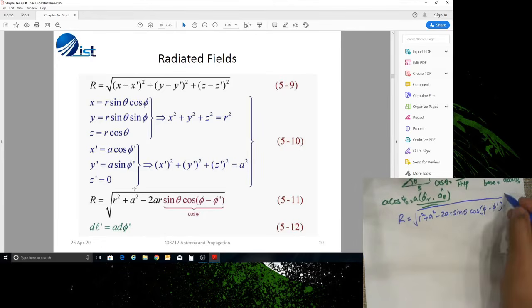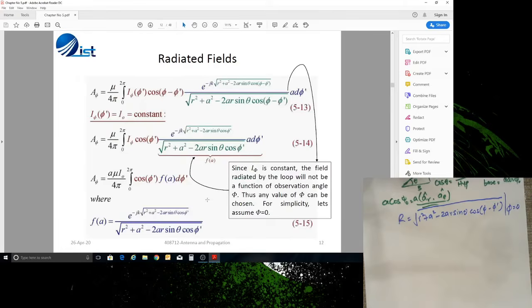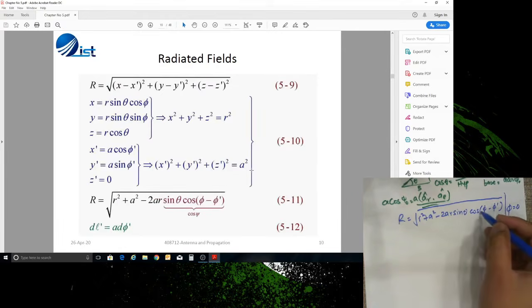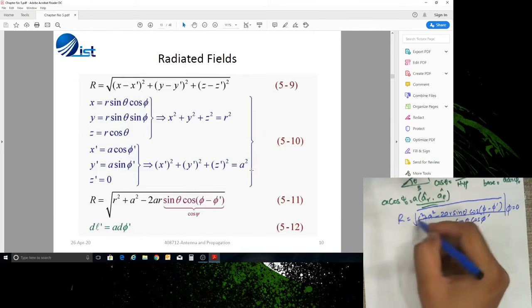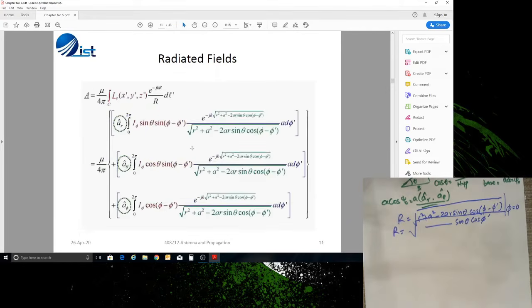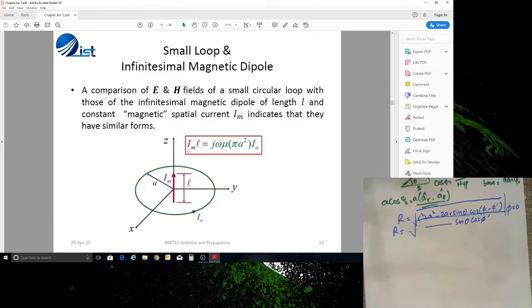Now since we have talked about the loop, phi over here is independent when we talk about the radiation pattern, which we have discussed here. So we have considered phi to be equal to 0. So if phi is equal to 0, it will be cos of minus phi prime. So we know cos is an even function, so it is also equal to cos of phi prime. So this is the same thing that we have over here, and this is equal to r. This is the expression that we saw in the case of the small circular loop in the previous lecture. So in this case